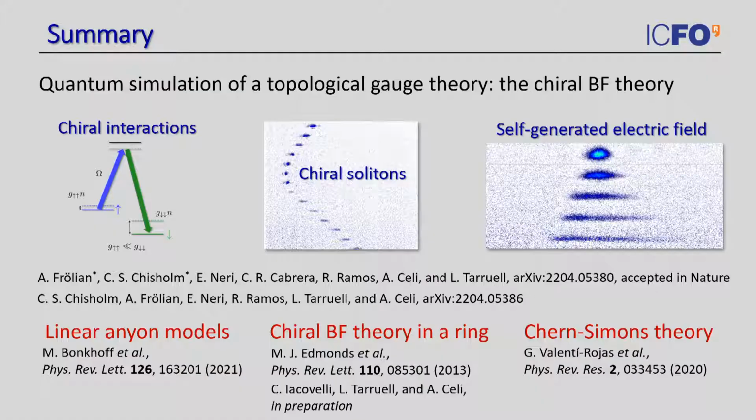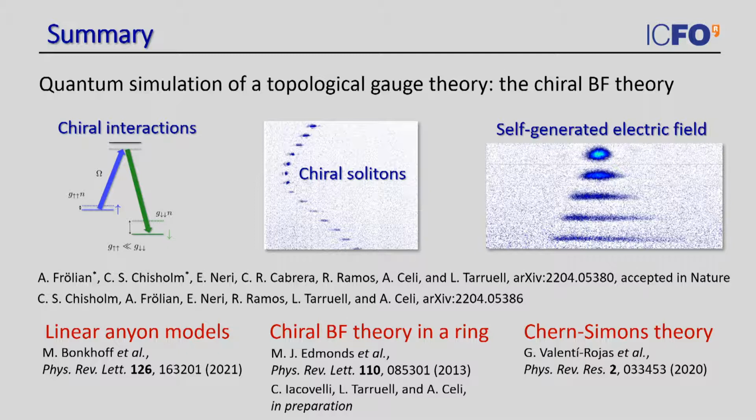And actually, there are nice theoretical proposals that you will get a density-dependent magnetic field that will be self-generated by the system itself and will give rise to persistent currents in this ring that depend on the matter density. And we have also been studying this system in a bit more detail and realized that it's also very interesting because it allows you to get information about the topological character of these gauge theories. And we even have an idea for an experimental implementation.